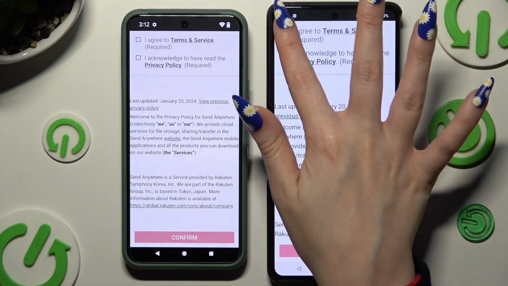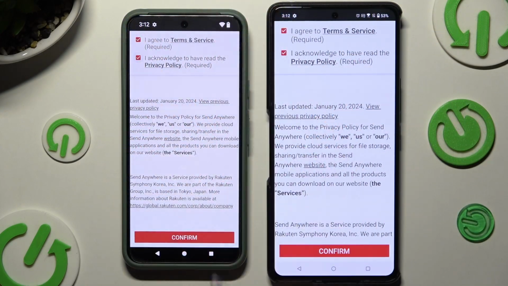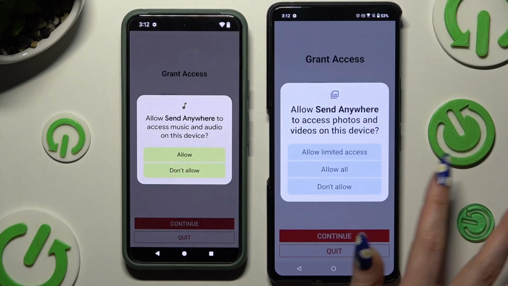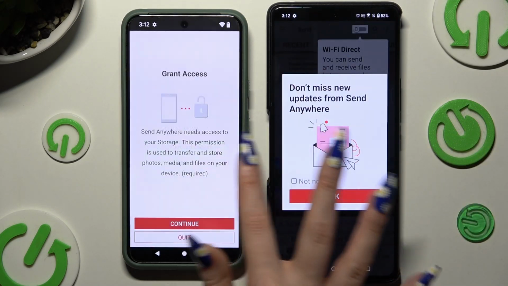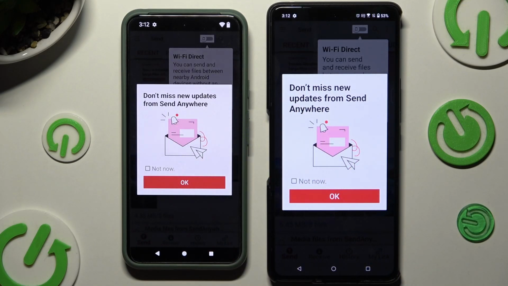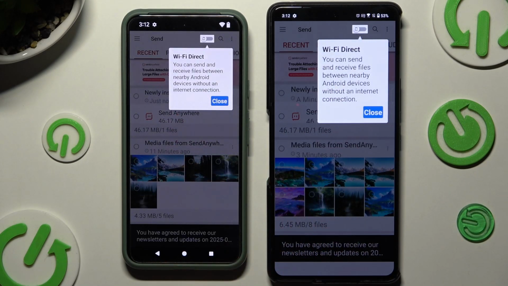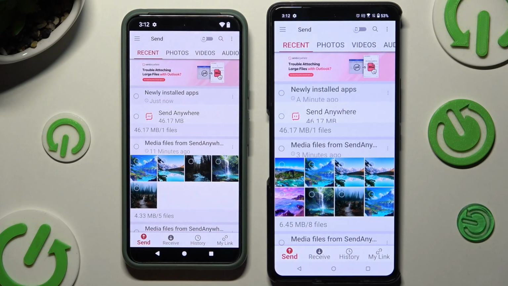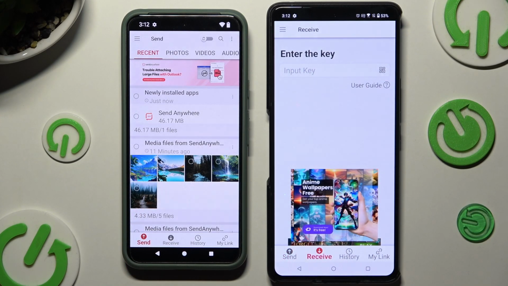I agree and I acknowledge. Confirm, continue and allow. In this window about new updates, choose whatever you want to and then hit your device's displays. Now select Send at the bottom left corner of an Android and Receive right next to Send at the bottom